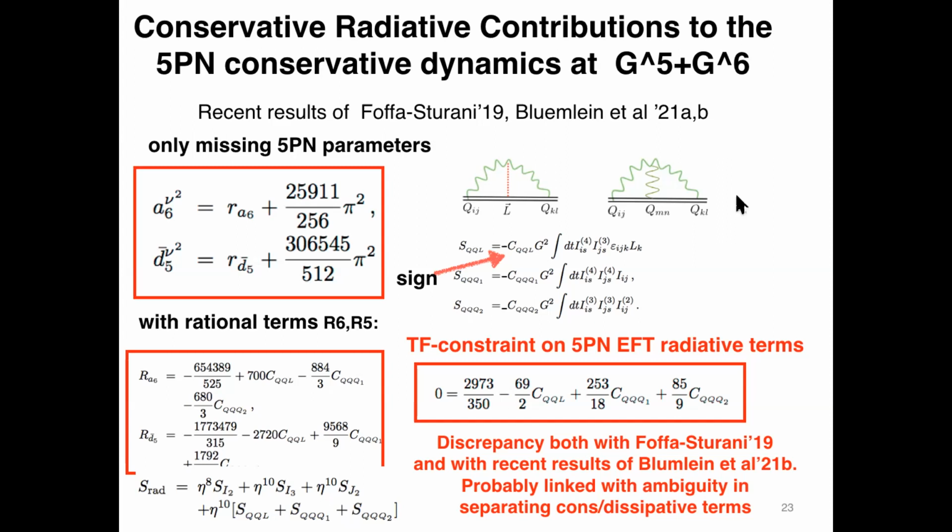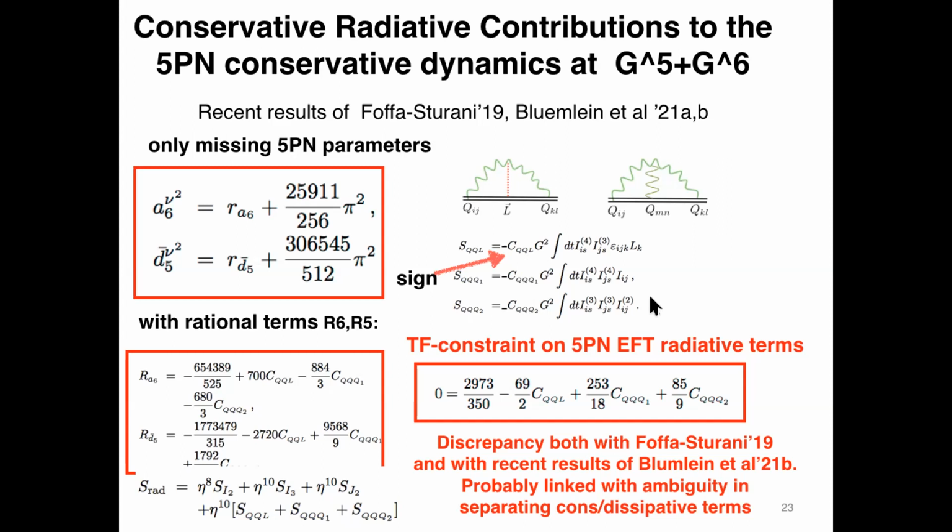So let me mention that we recently noticed that there was a coding error in the way we had defined the sign. That is to say, we initially intended to define the sign of this action in the same way as Foffa-Sturani, with a plus, but actually in the code, what was used was a minus sign, which means that most of the formulas we wrote were correct, but we need to interpret them in terms of this minus sign. But what is important here, so for instance, if you knew these three coefficients, so there